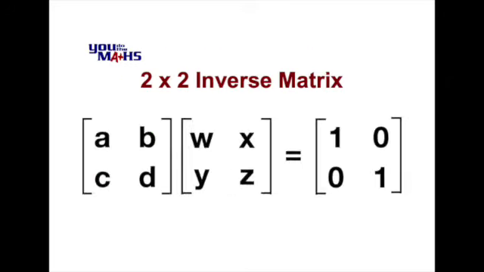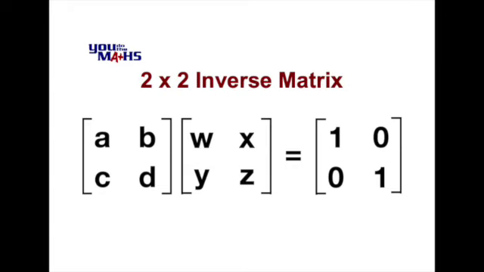So let's start by setting up our inverse matrix. If we have a 2 by 2 matrix, which is expressed as A, B, C, and D, and we want to multiply it by another matrix such that the result is the identity matrix, which is the ones down the diagonal, then we'll start by labeling our inverse matrix as W, X, Y, and Z. What we'll do is multiply those two matrices on the left-hand side together